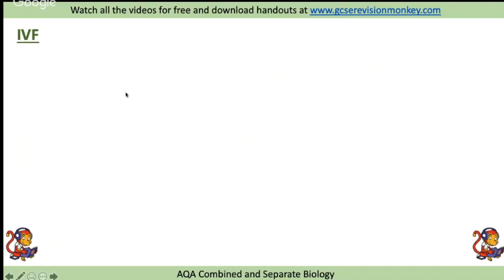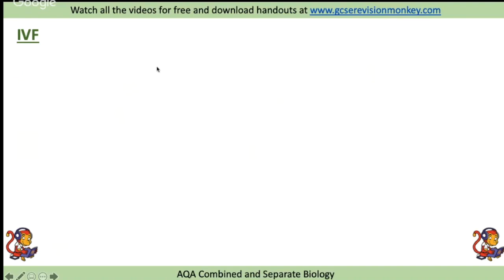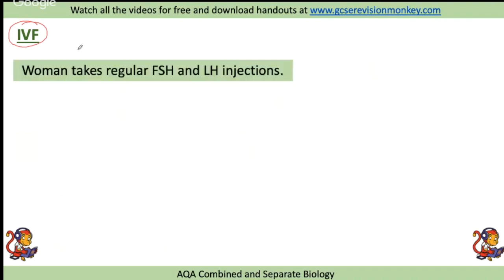IVF then stands for in vitro fertilization, and it's when a man and a woman decide to have a baby. If they're finding it difficult to have a baby and can't conceive naturally, they might choose the route of IVF, whereby the man provides a sperm and the woman provides an egg, and the doctor will fertilize that under a microscope. So the woman takes regular injections of FSH and LH because these are the hormones that mature the egg